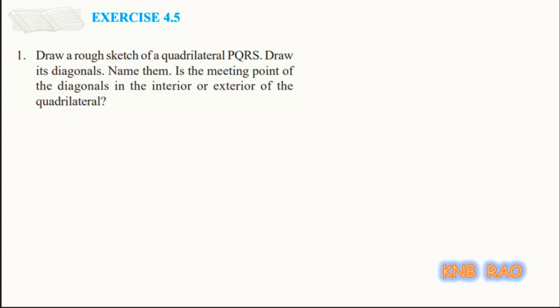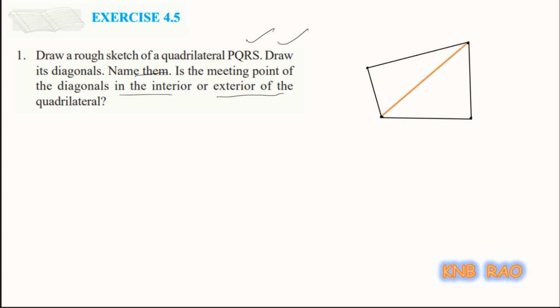Here in exercise 4.5, we are asked in the first question: draw a rough sketch of a quadrilateral PQRS, draw its diagonals, name them. Is the meeting point of the diagonals in the interior or exterior of the quadrilateral? This is the question. Generally we draw a quadrilateral PQRS. Okay, I have drawn P, Q, R, S